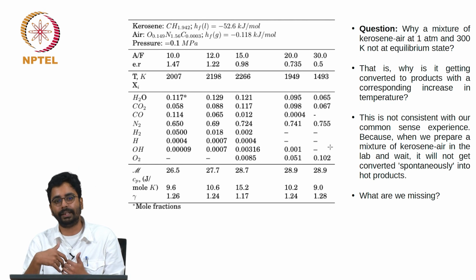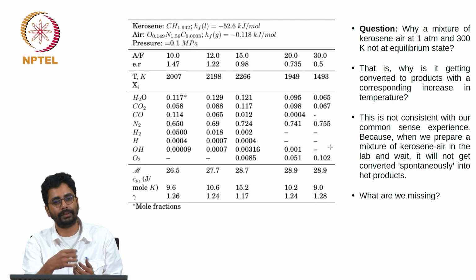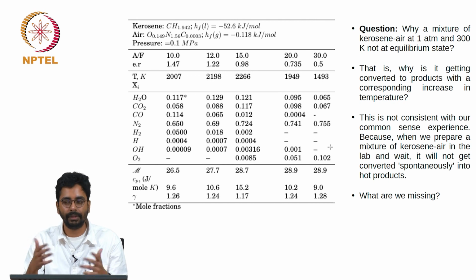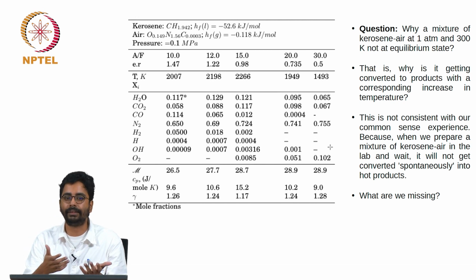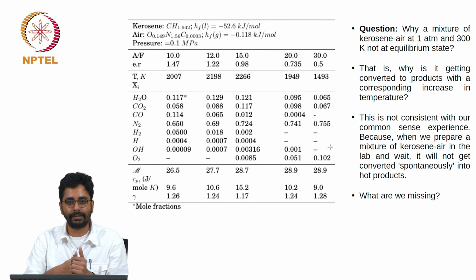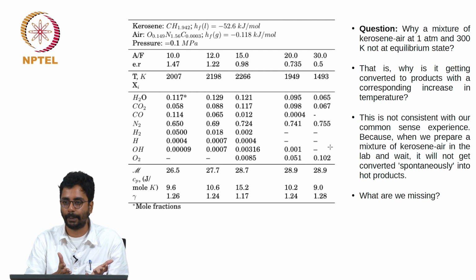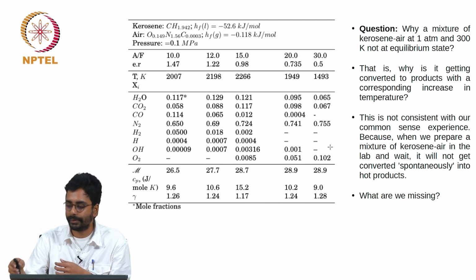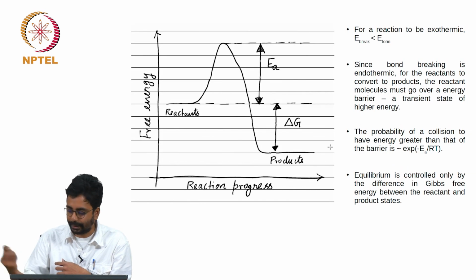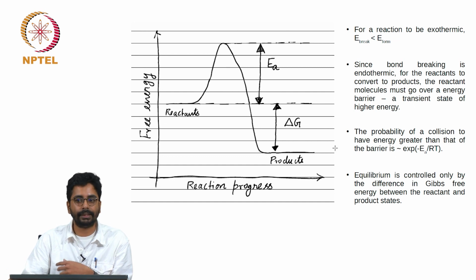Okay, we know that in a premix case, once you provide an ignition, a small flame kernel is created, and then the flame kernel propagates through the mixture, converting the reactants to products. And if you wait for a few seconds, you will have a condition that is close to equilibrium after this propagation has ceased. Okay, is that point clear? That is what I have shown in this simple diagram.